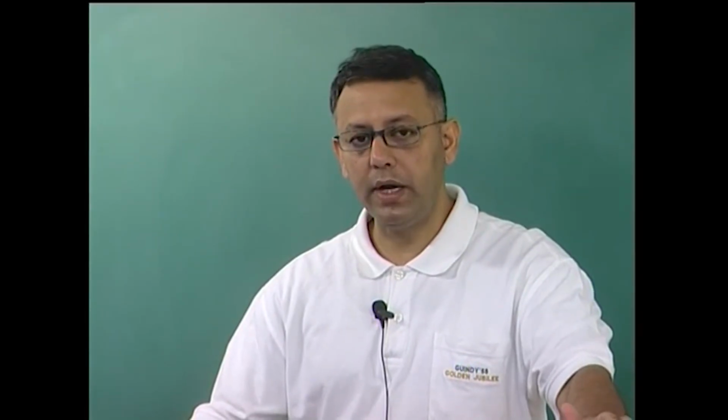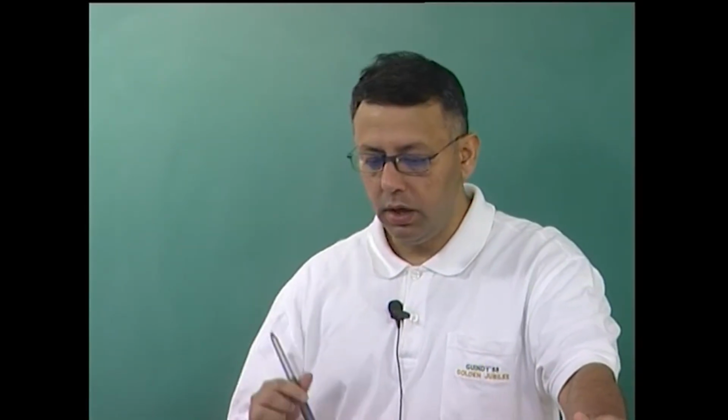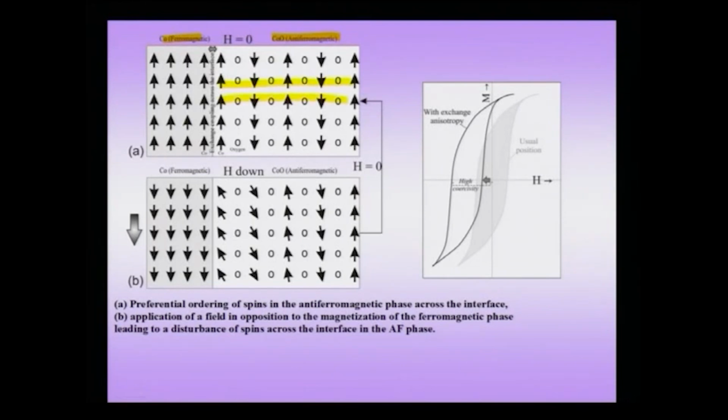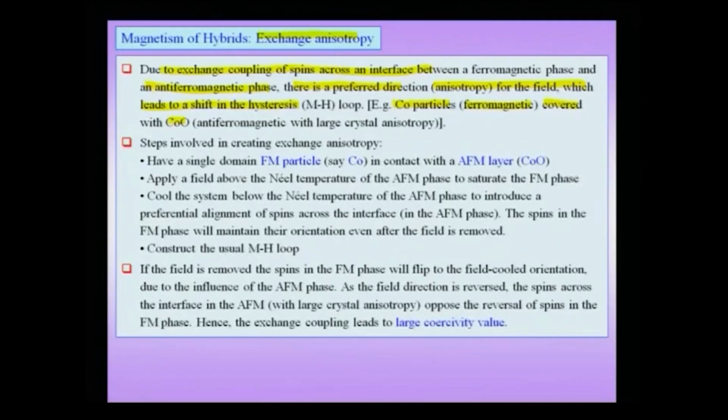So, what we see in this phenomenon of exchange anisotropy is that there is a large coercivity increase, and this coercivity increase is coming because now you have made the system highly anisotropic. That means, the ferromagnetic system is made highly anisotropic by coupling it with an antiferromagnetic layer, which is shown schematically on the right hand side. So, now I obtain high coercivities for this ferromagnetic layer on the left hand side, and this is coming because of the anisotropy introduced by the geometry. Now, this is an externally enforced anisotropy by coupling it with an antiferromagnetic material.